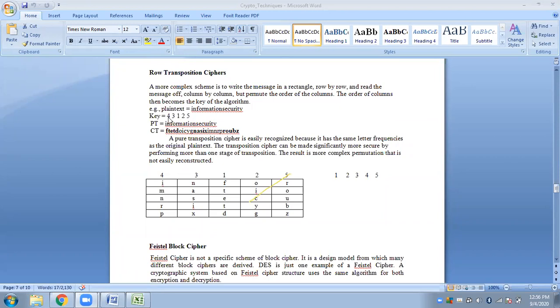Then we have a key. The key can be any number. It should be an integer, and every digit must be between 0 and 9, since we consider decimal digits. The length of the key can be anything: you can have a 1-digit, 2-digit, 3-digit, 4-digit or 5-digit number. In my example, I have a key of 5 digits. You can have a key of any length, provided every digit lies between 0 and 9 and is a positive integer.